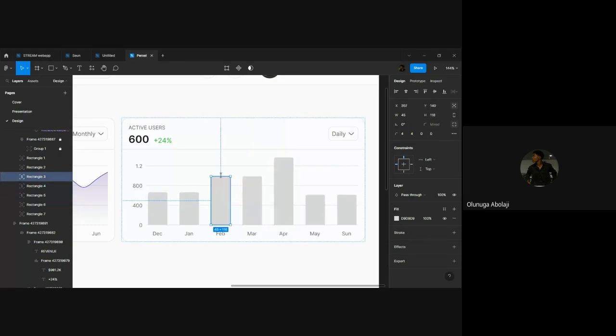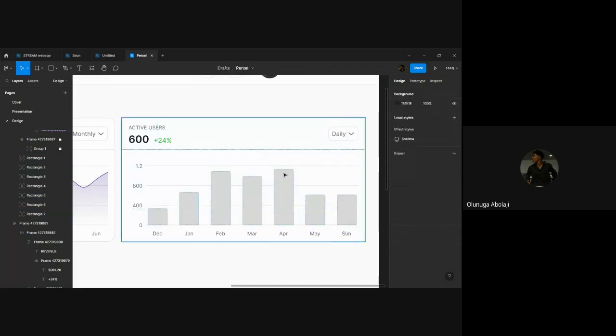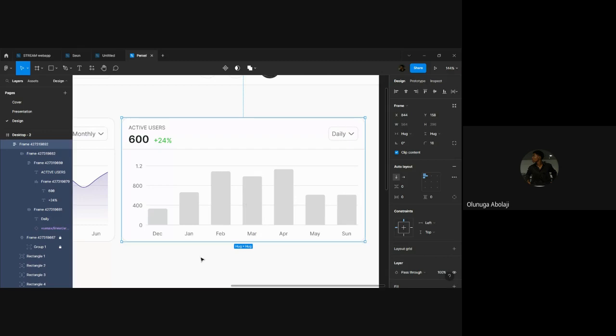Okay, let's not make this higher than 1.2 because that's our highest value. Okay, let me reduce this to around here. Okay, so as I said, when you see most mock-ups, you will just see that they use maybe Sunday to Friday and stuff like that. You need to make sure that the